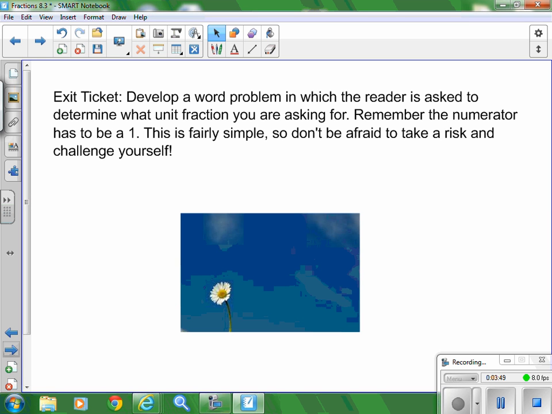Develop a word problem in which the reader is asked to determine what unit fraction you are asking for. Remember, the numerator has to be a 1. And it's fairly simple now. So don't be afraid to take a risk and challenge yourself. Make the word problem stand